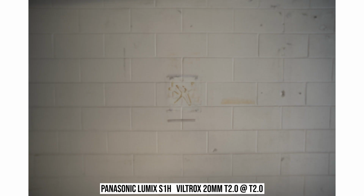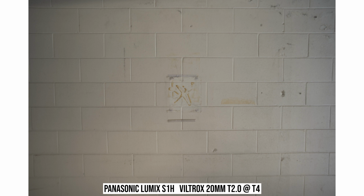When shooting at T2, vignetting is quite noticeable. Stopping down to T2.8 will improve vignetting quite a bit, but even when I stop it down to T5.6, I could still see a bit of vignetting near the very edge or corner of the frame. That is a little bit surprising considering this lens has quite a big front element, so I expected the vignetting to be a